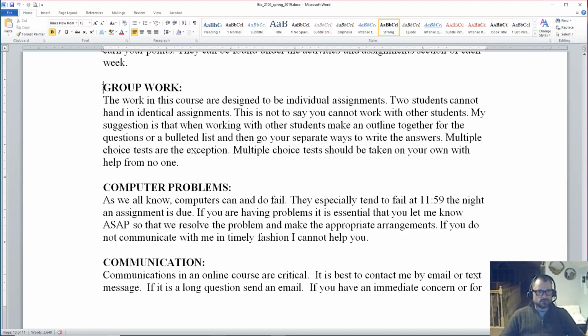We used to do a lot of group work, and the people in this course seem to be so busy that I cut most of that out because it just ended up being a problem in terms of the course. So I took it out. I like the class a little bit better this way because people can get things done